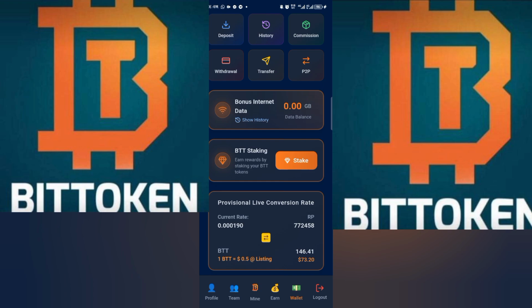What do I mean by staking? The word staking means that you really need to deposit a particular amount of BTT for yourself in order to save up. Okay, that's what I mean by staking. In a banking section, staking is a kind of putting it in a fixed deposit. So that's actually a layman's understanding of staking.